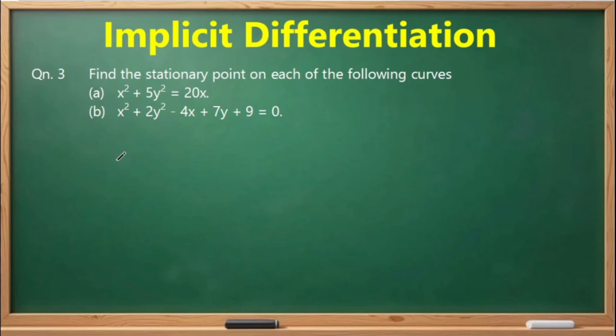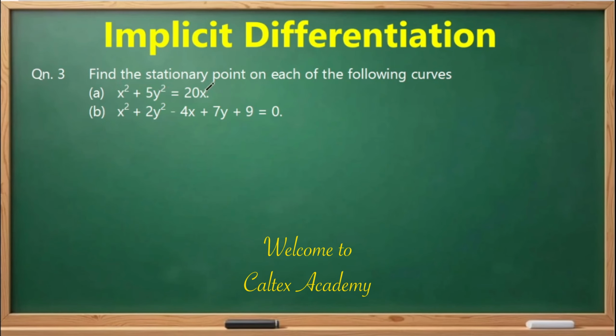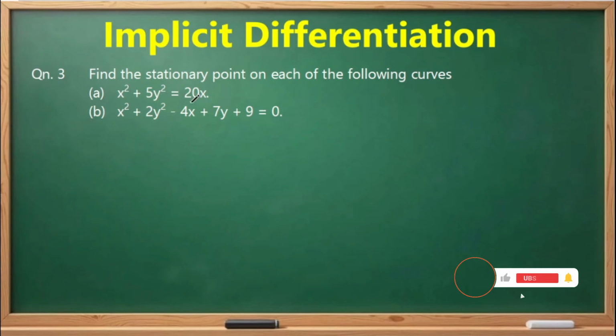Alright, this question asks us to find the stationary point on each of the following curves. We know that at a stationary point the value of dy/dx is equal to 0, because at that point the curve is at rest. So let's differentiate each of these functions and get the derivative of each one of them,